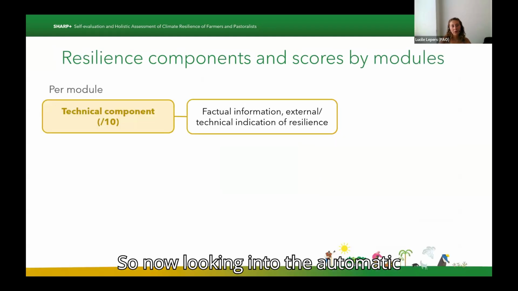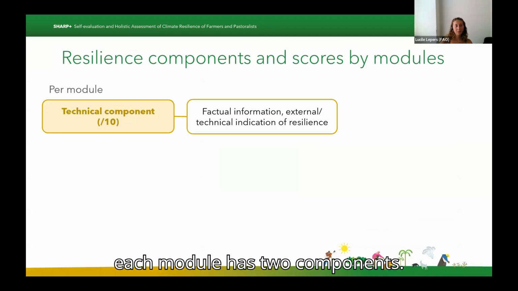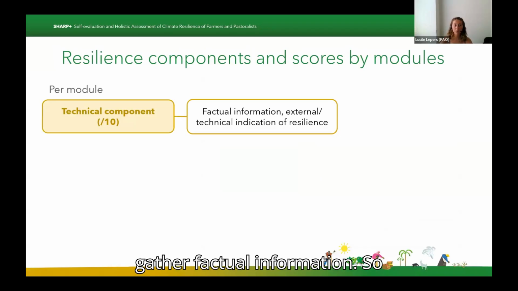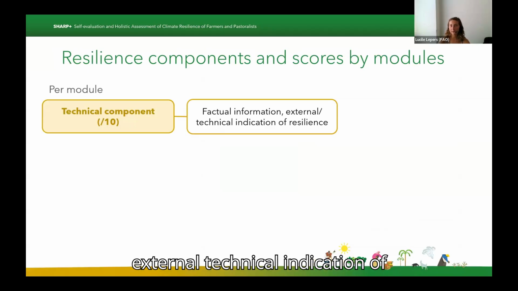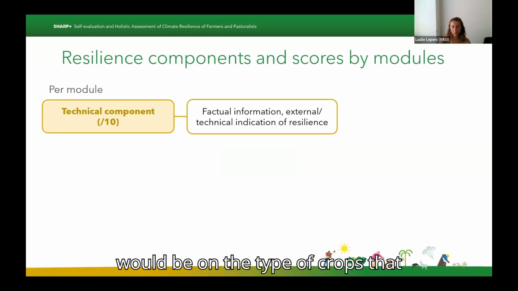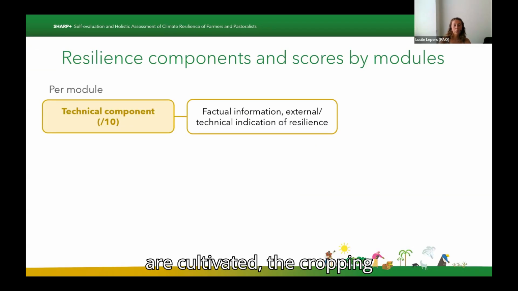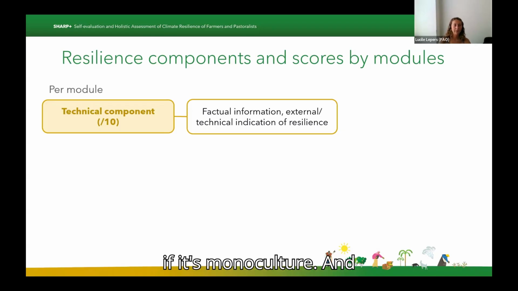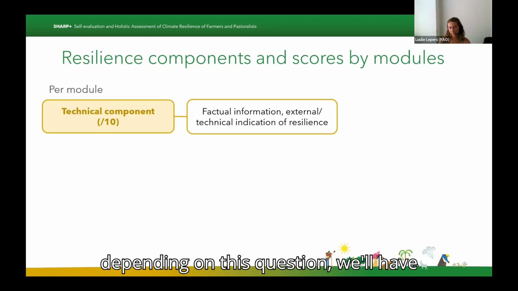Now looking into the automatic calculation of the scores, each module has 2 components. First, the technical component, which gathers factual information, so external technical indications of resilience. For example, in the module on crop production, the information here would be on the type of crops that are cultivated and the cropping system, whether it's intercropping or monoculture. And depending on the answers, we'll have some scores